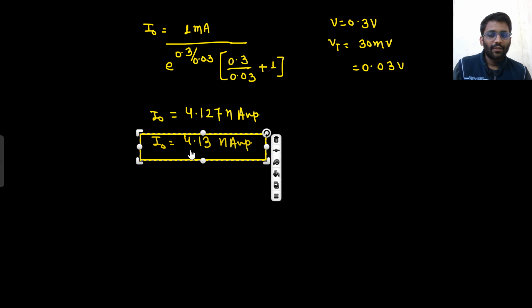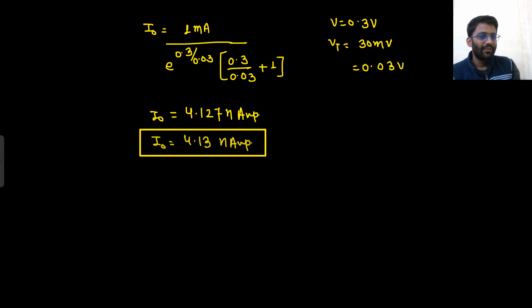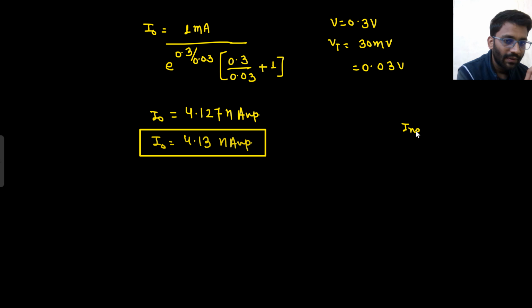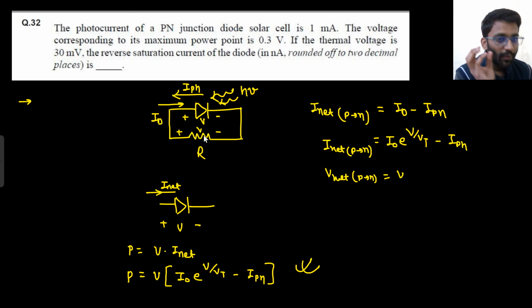Like why people were thinking of VOC and ISC, because these kinds of questions they have asked in the previous examination. What is VOC? At that time when your I net is 0, you can find the value of VOC, because at that time V will be equals to VOC. VOC means open circuit voltage. Open circuit voltage means resistance would be infinity. If resistance is infinity, at that time your current would be 0. So you just need to put this expression equals to 0, you will get your VOC value.